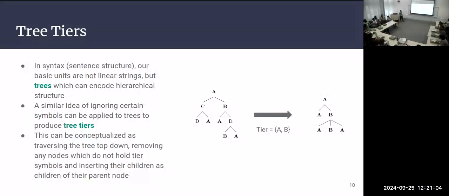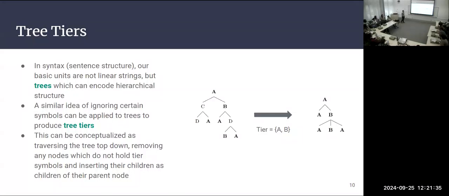So we can do a similar thing, right? Suppose we have this tree here on the left, but we only really care about A and B. We don't care about C and D. They're not relevant, right? So we want to project the A-B tier. You can think of this as going through the tree, and every time you find something irrelevant, you rip it out and stick its children, the things underneath it, right back where it came from. So here, if we were to take this tree and project it onto the A-B tier,